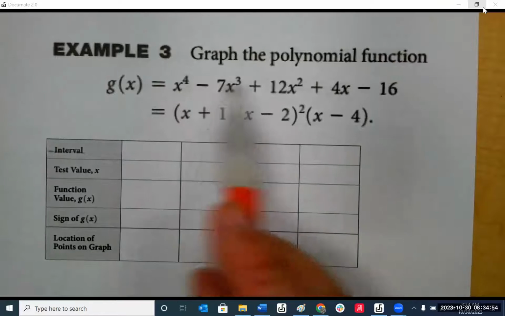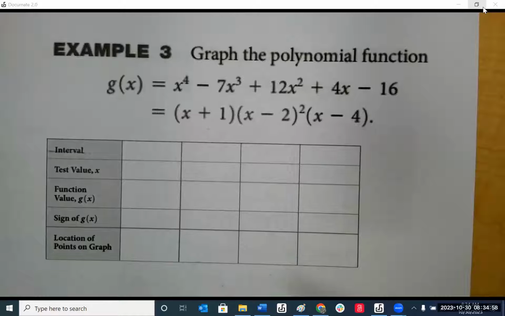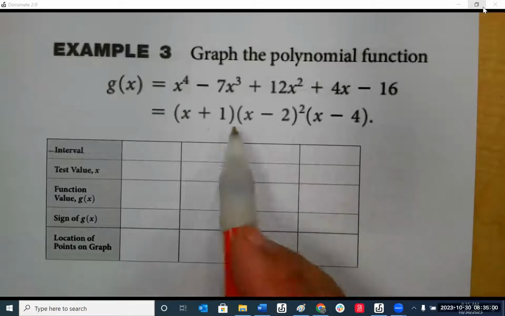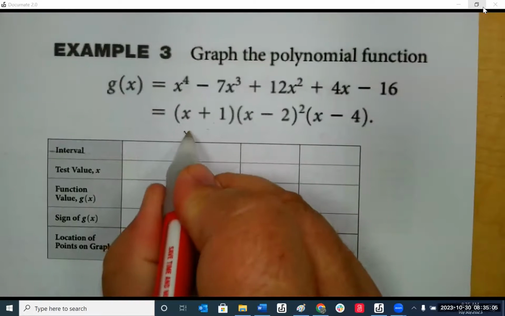Again, I give you a polynomial, you're going to factor it out, which is done. Now you're going to set each one of those to 0,